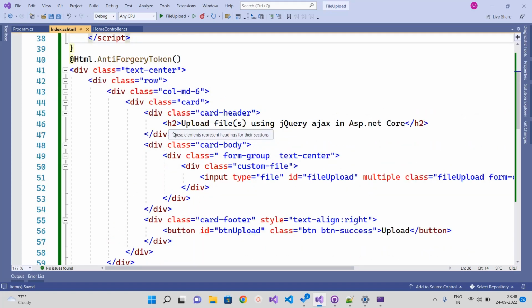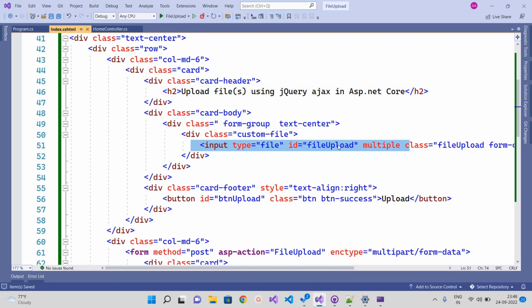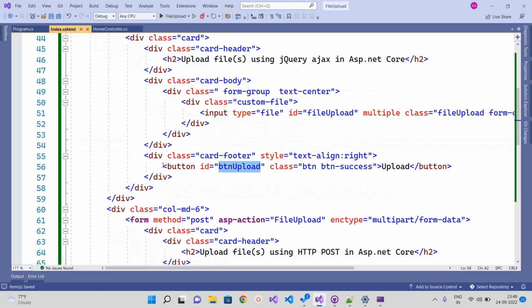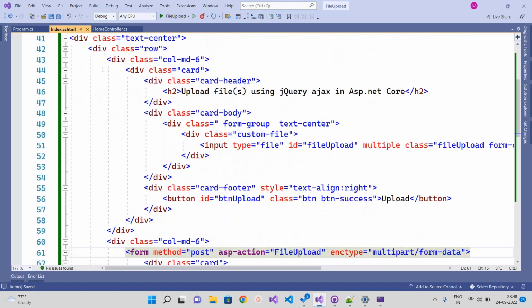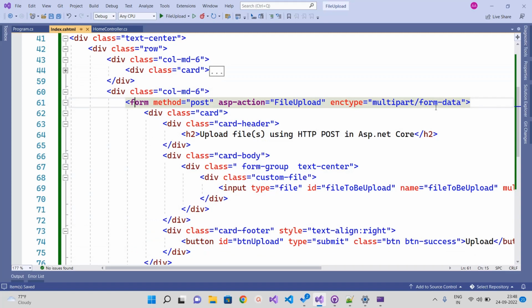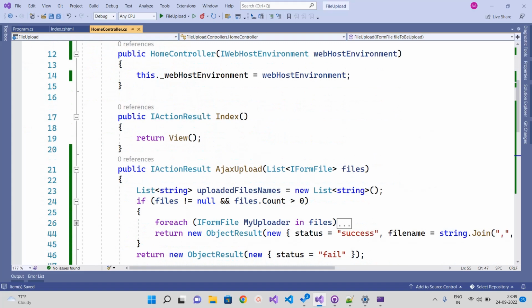and our code UI is also ready, so let's go through the UI also. On the UI for the Ajax upload, we simply have an input control with the name fileUpload, and then we have a btnUpload normal button. You will see the difference: in the Ajax we don't have any form, it is a normal file upload control and a button. But in case of the HTTP post, we have to define a method post and then an action on which we have to post it, and then multipart/form-data. This is the header that we have to pass,